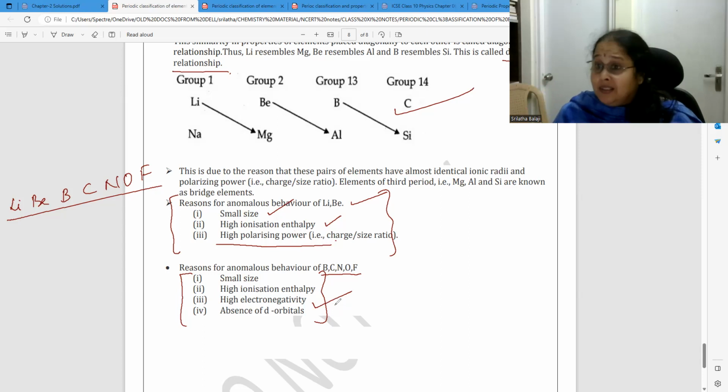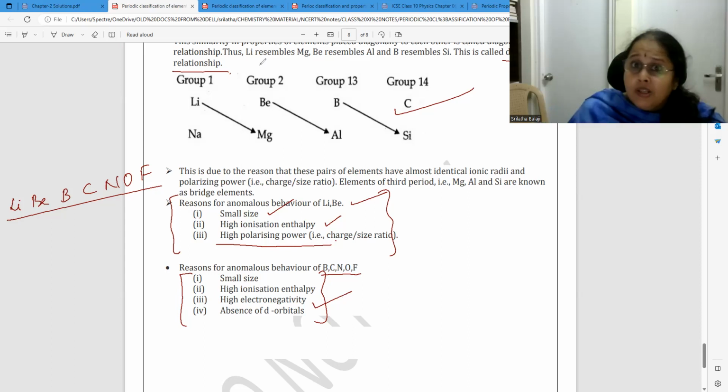We will see this when I do a little bit of bonding, and you'll be definitely addressing this in the respective groups when you study. Was that clear? So this is called a diagonal relationship. Okay. So with this, your chapter discussion mainly is done. So we'll move on to